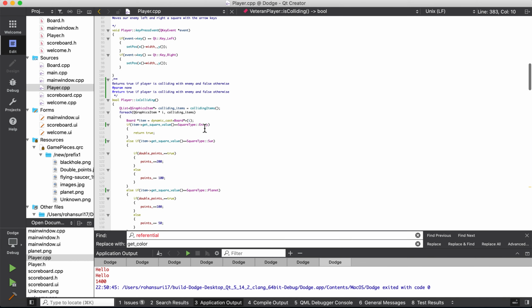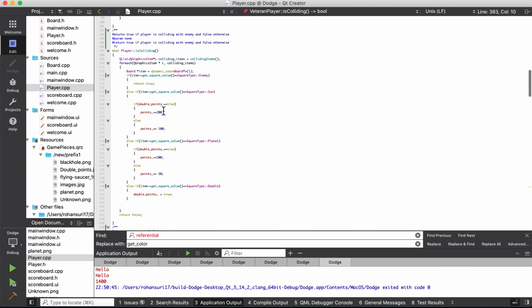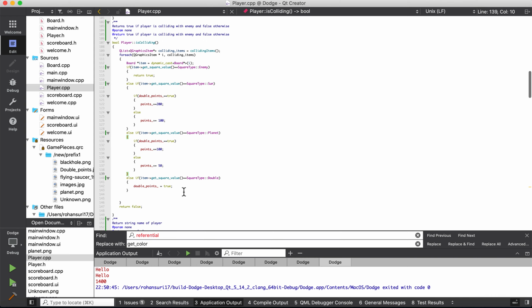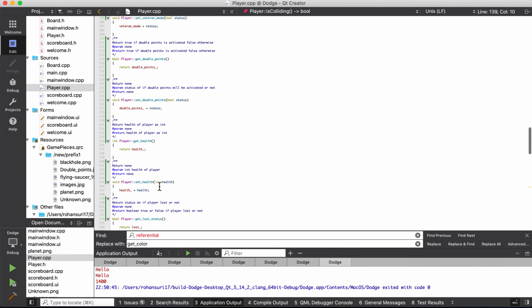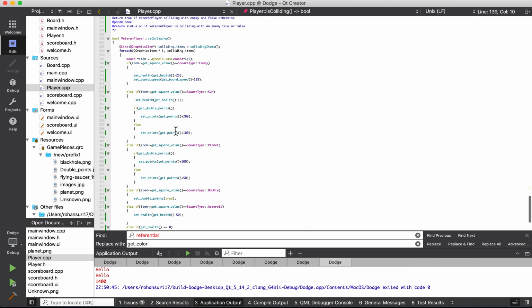So, if a player is colliding with an enemy, you die. Otherwise, if you hit a sun, you get 200 points if it's double points, 100 points if it's just a regular sun. Same with planets: double points is 100, otherwise it's 50. But with the veteran player, it's much more complicated because you have, like, okay, well, if